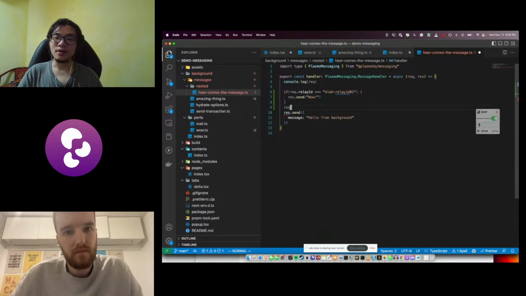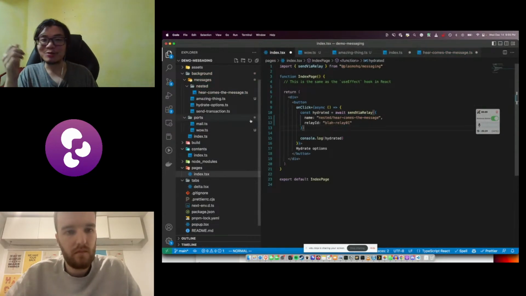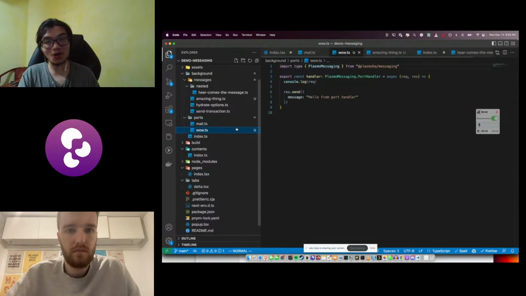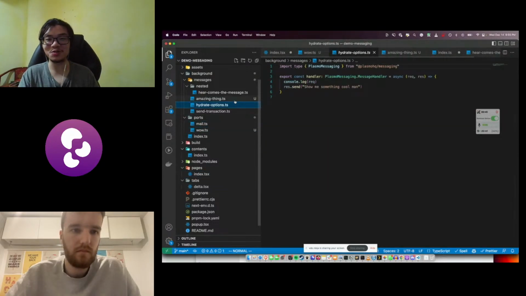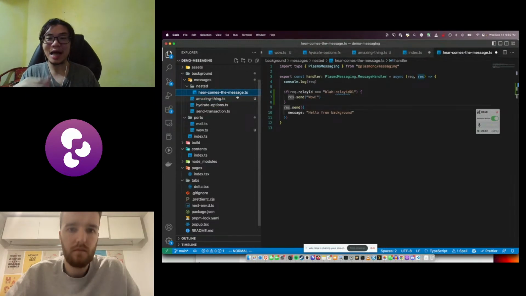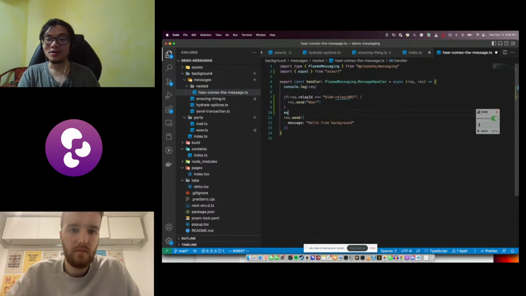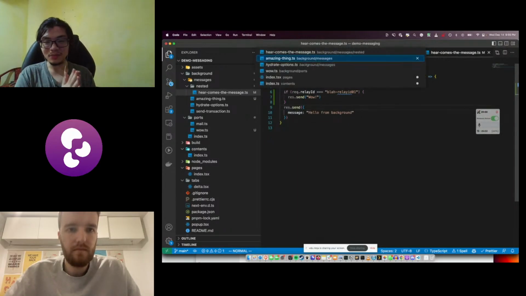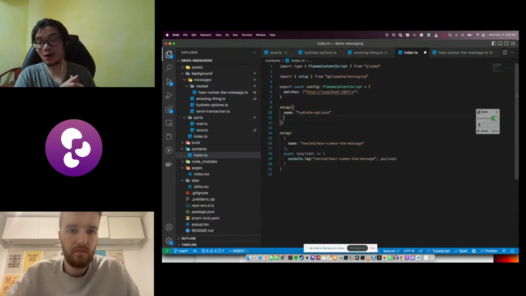Got it. And the idea of this is it abstracts all that message port thing, all the port message posting and stuff is gone. All you have to worry about is import the library, call the API, call the message handler on your background service worker, and as long as you have a relay that allows your website to do so, you're good to go. The relay itself can also have a handler method to handle the message on the content script if you want to.